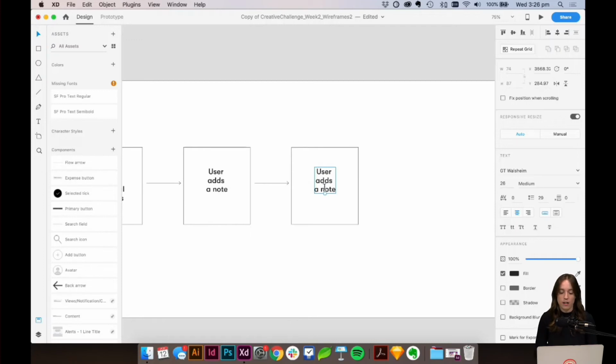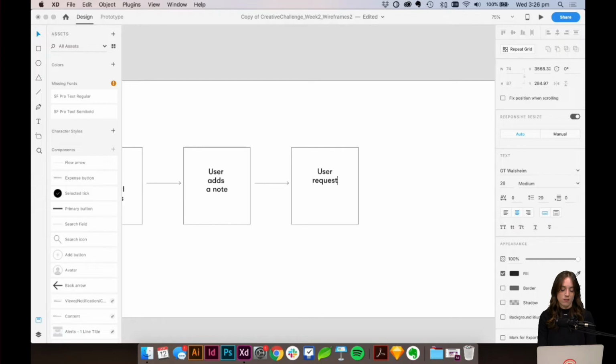And then we take it forward and we want to test whether this flow is accurate to what people would do, or if there's another step we've missed, another action that's really crucial to them completing that goal, because we might have forgotten something in there that is actually really important. All right, so user at this point, they've added a note, they've added their friends, they've edited all the different amounts, so they